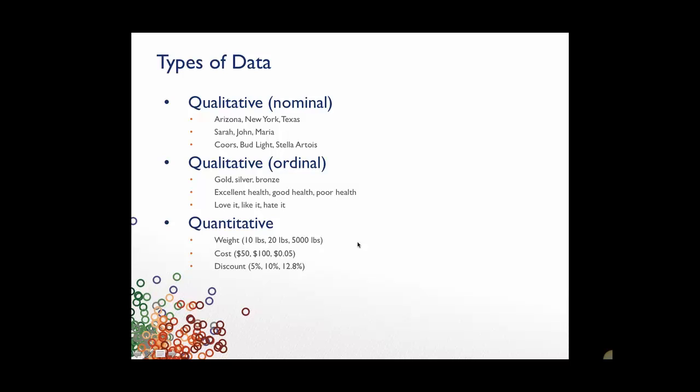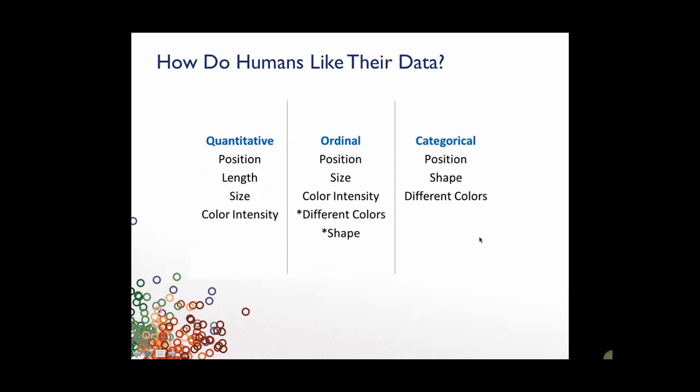So how do humans like to see their data? How do they expect their data to be visualized? We break it up here into these three different types of data, and you'll see that across the board, the human visual system prefers data on position. When I say position, I'm talking about things like an XY scatter plot, where the points are in the visual canvas. And then it starts to break up a little bit after that. After that, for quantitative data, you're looking for length, and that's something like a bar chart. For ordinal data, you're expecting the data to be on size, and for categorical data,